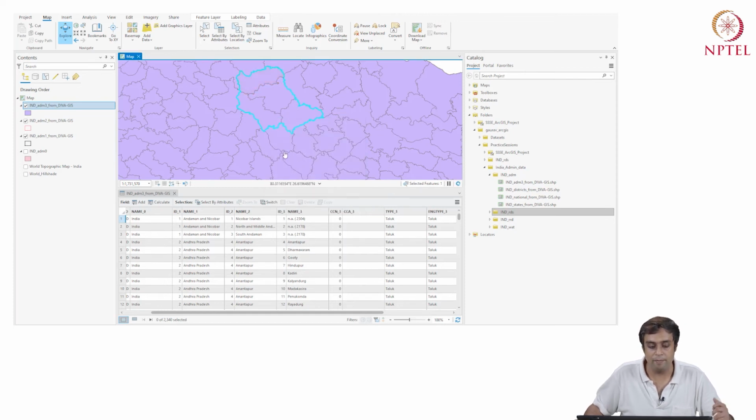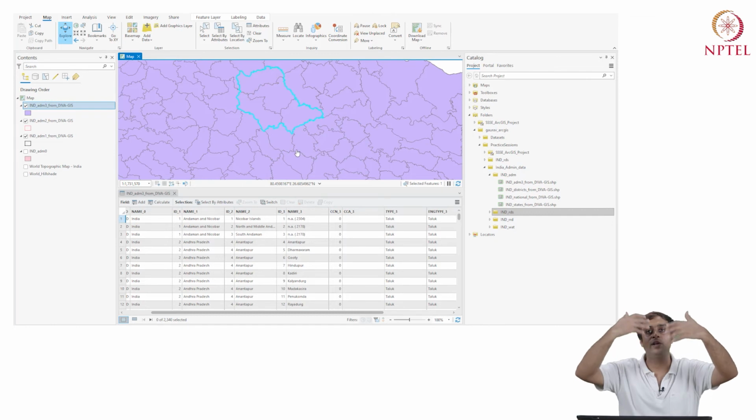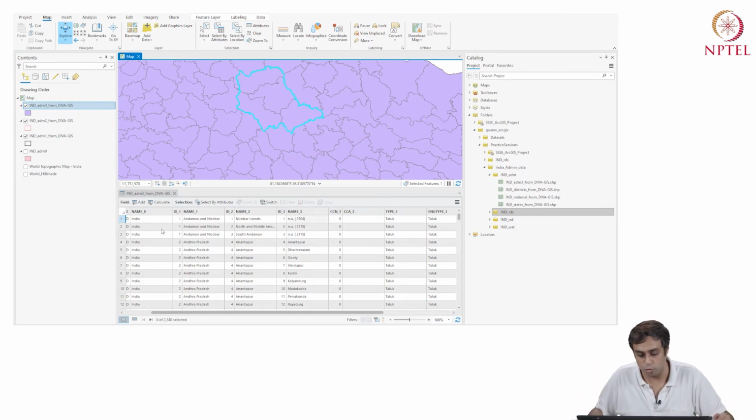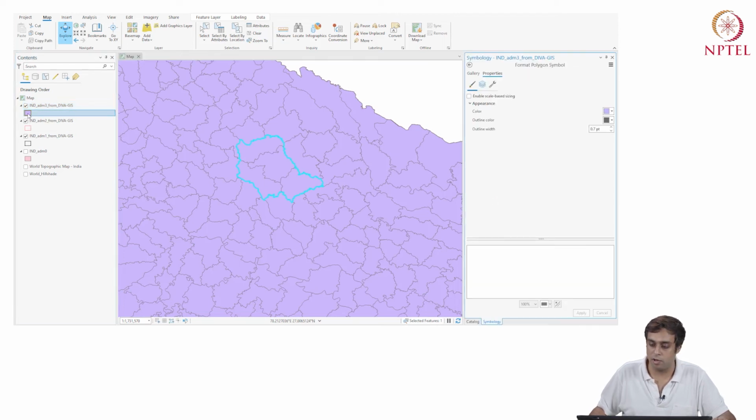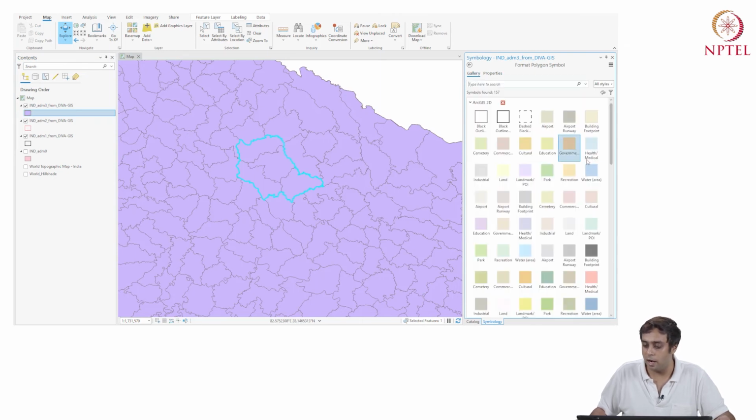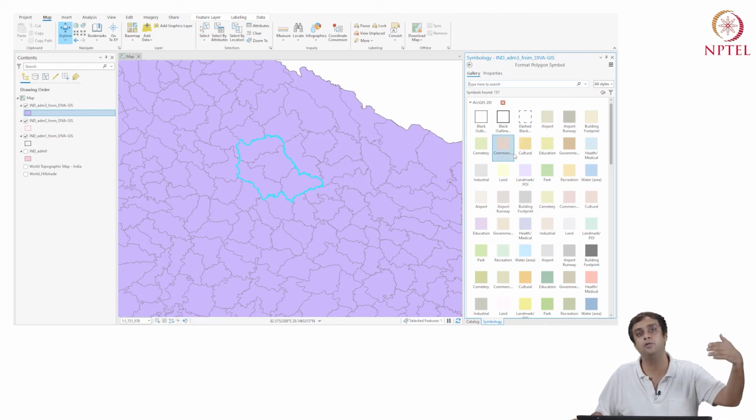How do I make sure that I can visualize them one over the other? Well, I'll have to go to symbology. I'm going to just close the map for a minute. I've closed the map. I am again going to symbology, double clicking. Click to modify symbology. All right, let's do that. Okay, it takes me directly to properties. Under galleries, I can actually select some predefined symbologies. Under properties, I can create my own.